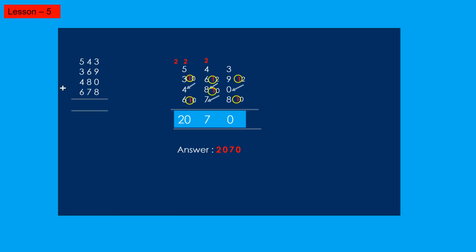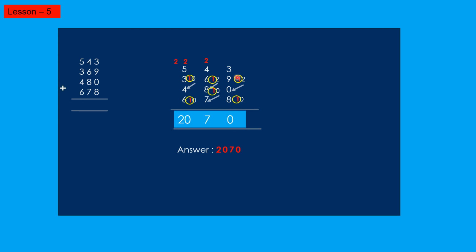One more example of adding 3-digit numbers. So write the numbers in a vertical manner from top to bottom, and then you start adding from the topmost number of the unit column. 3 plus 9 is 12. In 12 you circle 1, and then 2 is added to the next number, that is 0. 2 plus 0 is 2, and then 2 is again added to the next number 8, and your sum is 10. So in 10 you circle the 1, and 0 comes in your answer box.